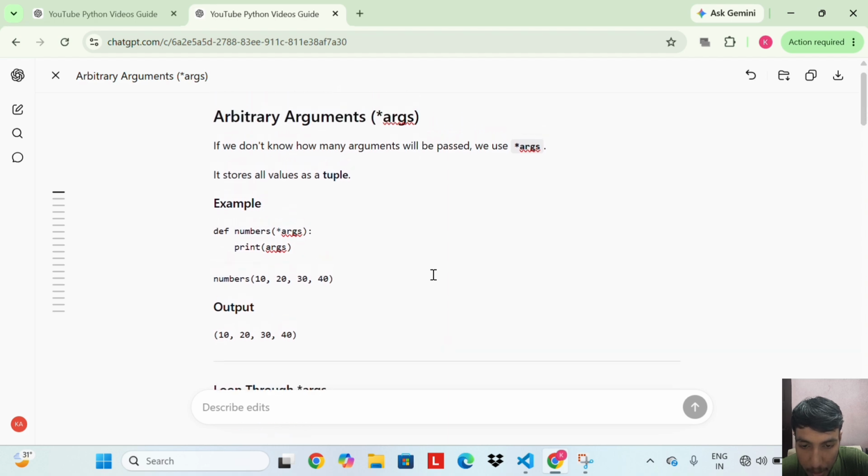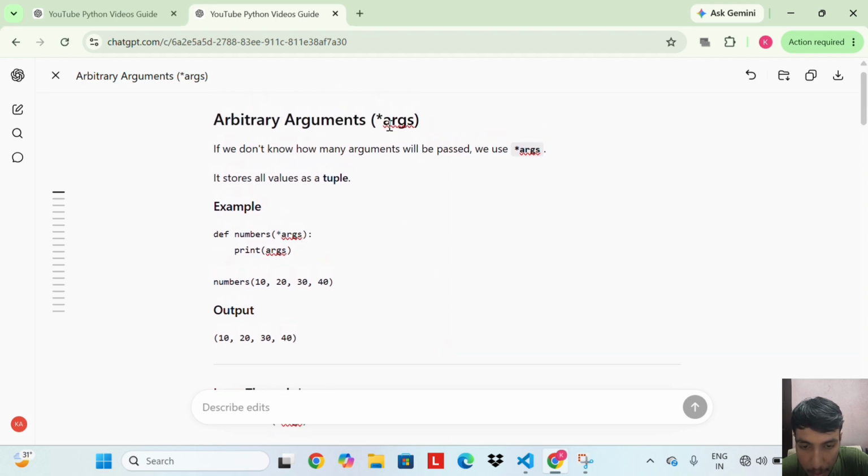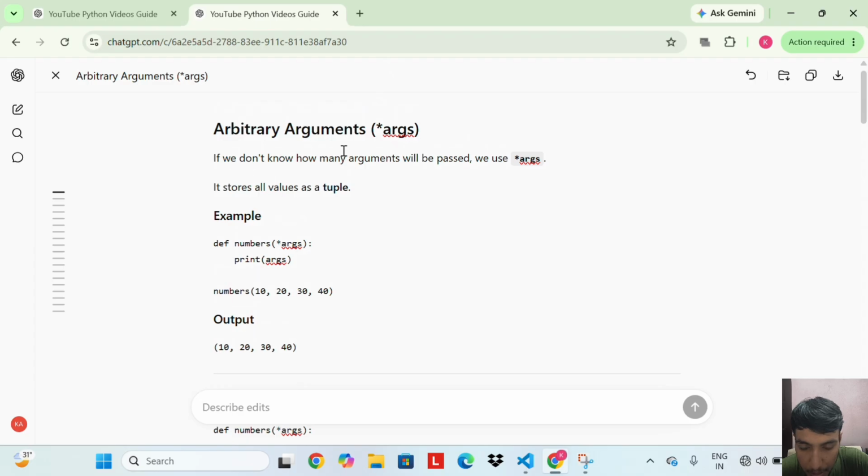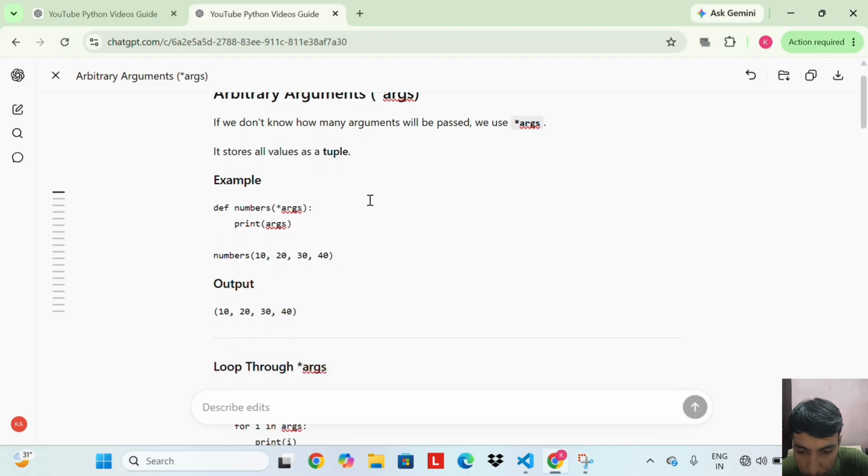Arbitrary arguments, *args. If we don't know how many arguments will be passed, we use *args. It stores all values as a tuple. Example.